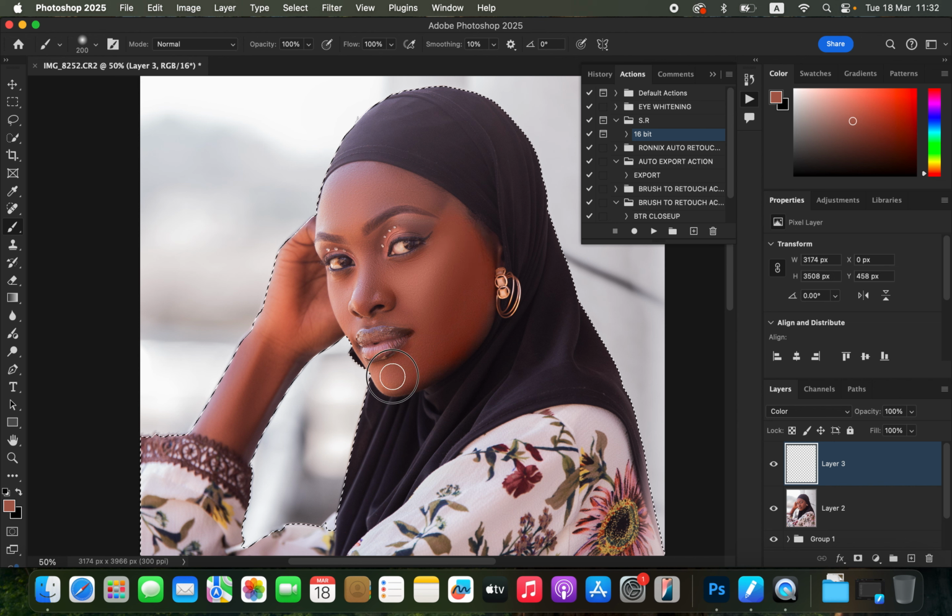So just paint on the skin and don't paint on the outfit. But if at all you make an error, you can easily correct that, and I'll show you how you can easily rectify that error if at all you make one during this very process. So I'm just going to paint just on the skin, and you can see what we have in this case. So don't mind if at all the effect is looking a little bit overdone, because we can always come back and correct that. So I'm just going to use Command minus